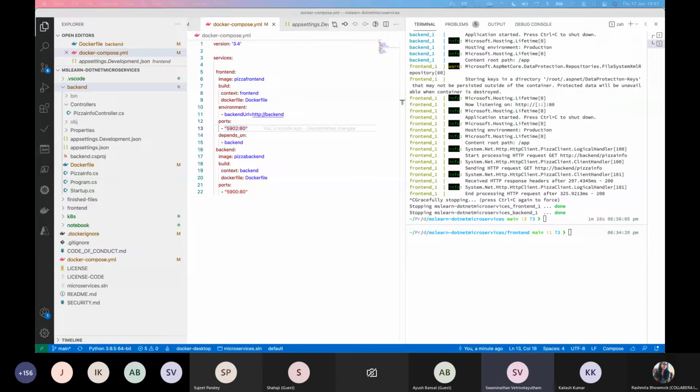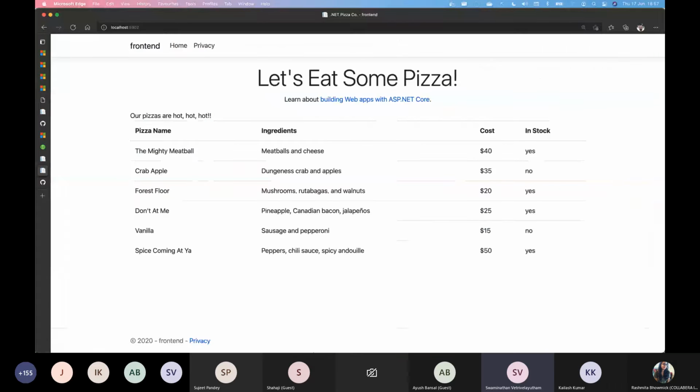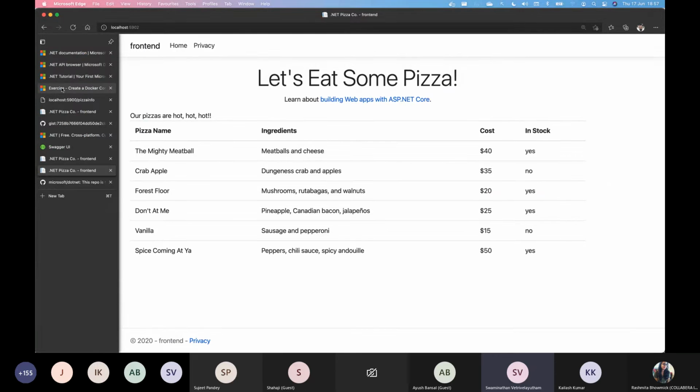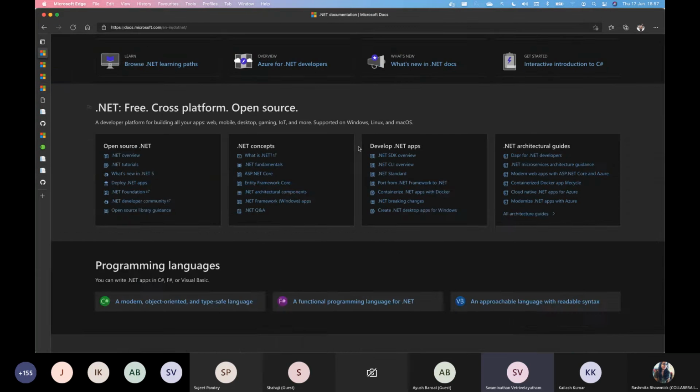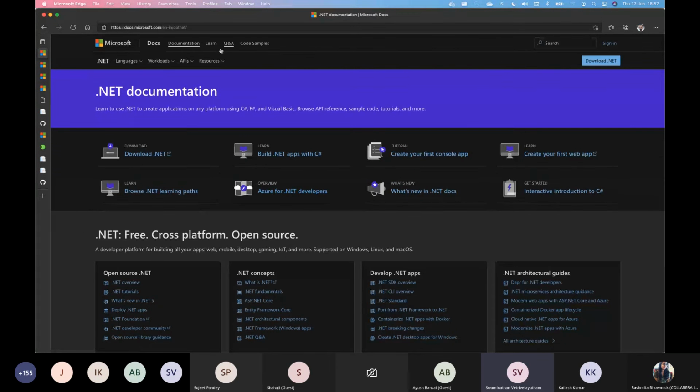Okay. Can you highlight more on service resilience, handling failures, etc.? Yeah, that's a good topic by itself, right? Since we are just scratching the surface of microservices, I didn't want to get there. But what I would like to share is, if you go to the .NET documentation itself, there is this architecture section. If you go to .NET